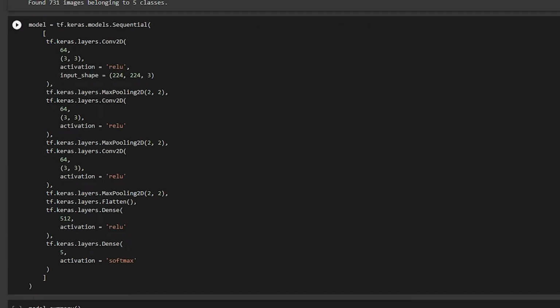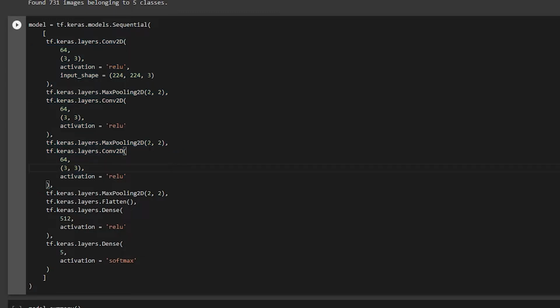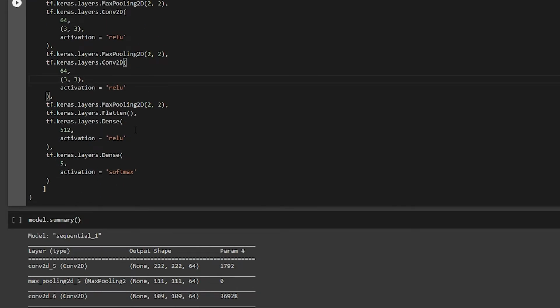After that I'm making my model, where I have 3 convolutional layers with 64 filters of size 3 by 3, and I'm using ReLU activation. I have explained everything in my earlier tutorials. If you don't have any idea what I'm talking about, please refer to those tutorials. Then I am flattening this and connecting a dense layer of 512 neurons with ReLU. This dataset has 5 types of flowers: daisy, dandelion, rose, sunflower and tulips. So I'm taking 5 neurons in the output layer with a softmax activation function, which gives me the probabilities of the highest classified class.